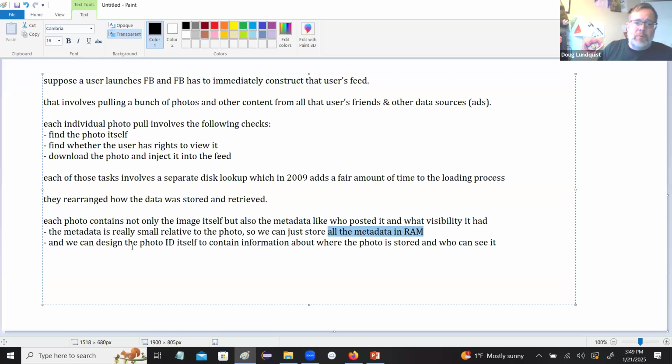We can pack it all into RAM. And instead of having to do separate lookups, we say, I'm going to find out whatever the identifier is for this photo, its URL, and its URL structure will in fact contain information about where to find the photo and who can see it. So I can skip those disk lookups entirely. Okay, so short version,